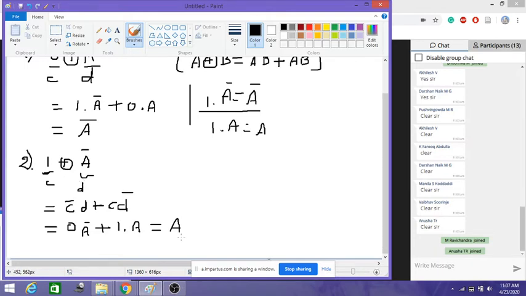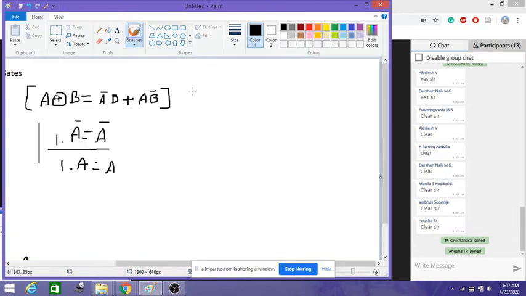These are the important relations. You have to remember this. We are just showing the proof here. Now let us write the remaining terms on this side. The third one, let us take it. Now let us see what is A